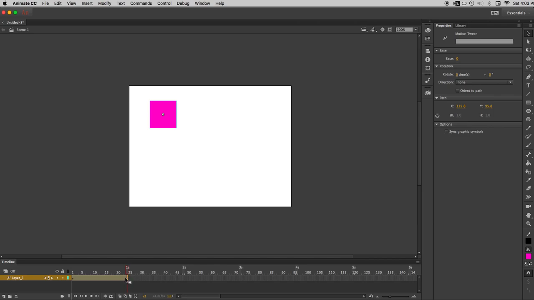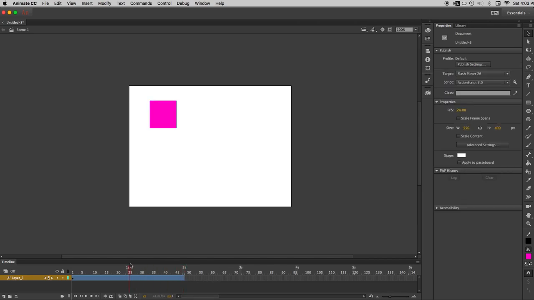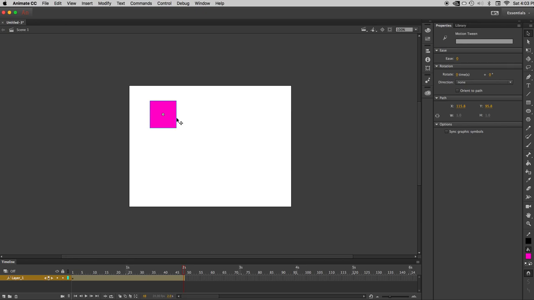Now you can make this longer or shorter as you wish just by clicking and dragging it to a new frame. I can make it 2 seconds long, for example. And you'll notice that there's a red playhead that you can drag, and that's where you are in time. You can scrub the playhead and see what's happening. Right now, nothing's happening. So I'm going to put this playhead out at 2 seconds,